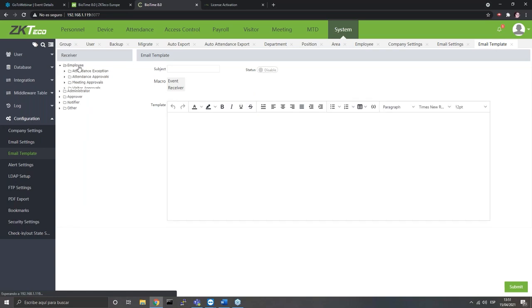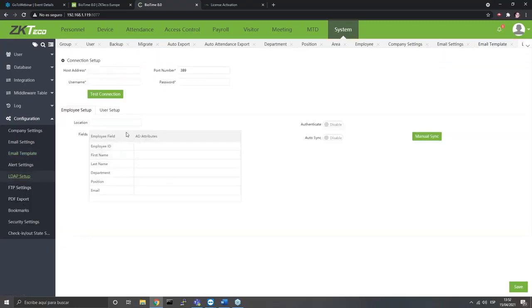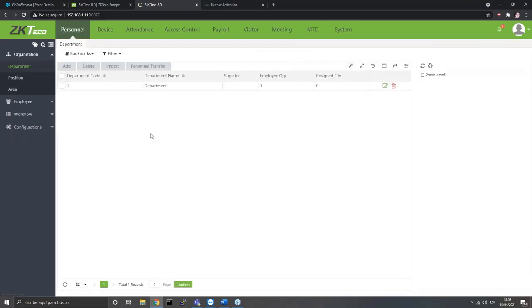I can change the formats of how the exception settings are sent. Configuration to add an Active Directory setting, etc. And this would be the end of the explanation that I wanted to make in this